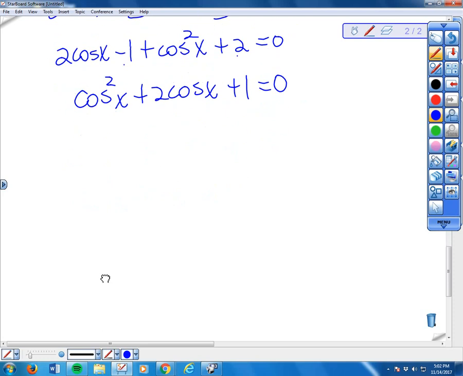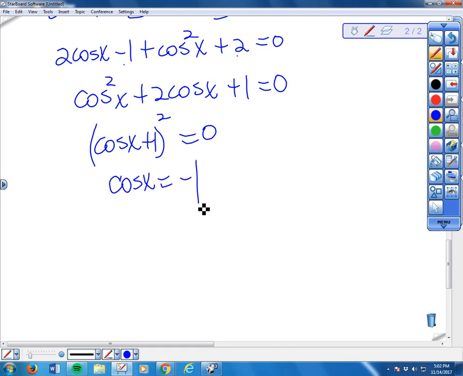So this factors to cosine x plus 1 squared. And that means I'm looking for everywhere cosine x equals negative 1. I just set cosine x plus 1 equal to 0. Well, cosine x is negative 1 at pi, and every interval of pi, because it didn't give me a specific range of 0 to 2 pi, it just said anywhere cosine x is equal to negative 1. So to write that, it's going to be pi, and then it's going to be every